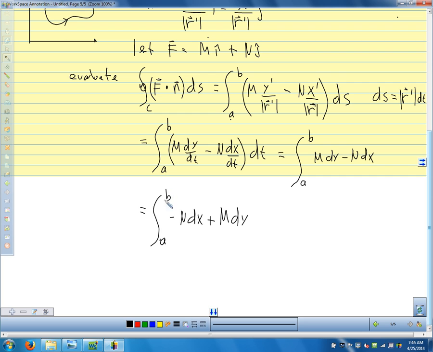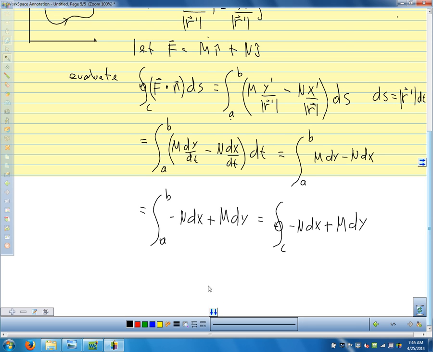And since we're going around a closed curve, this is the line integral around our closed curve of minus n dx plus m dy. We have Green's theorem that tells us that this quantity is related to a double integral. Green's theorem tells us